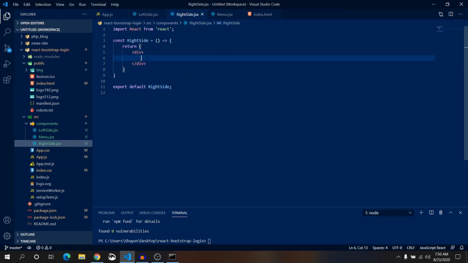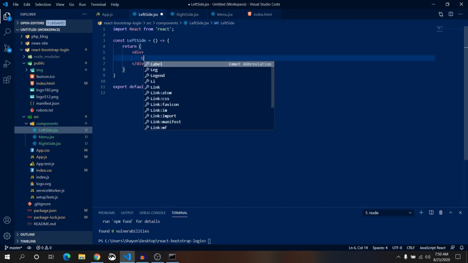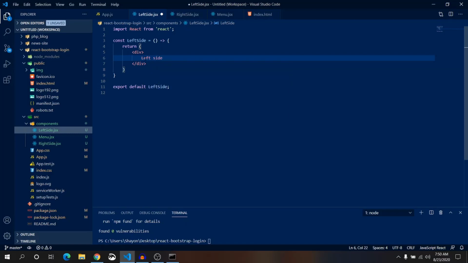For now just write right side, save it, and write left side inside left side component, left side.